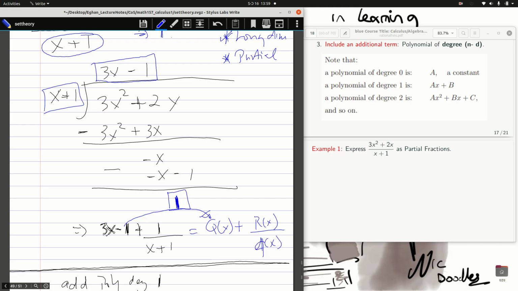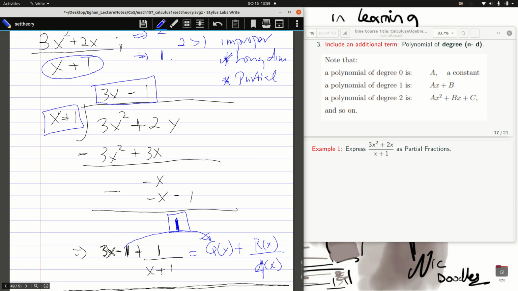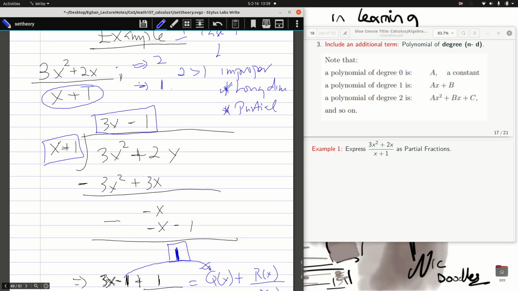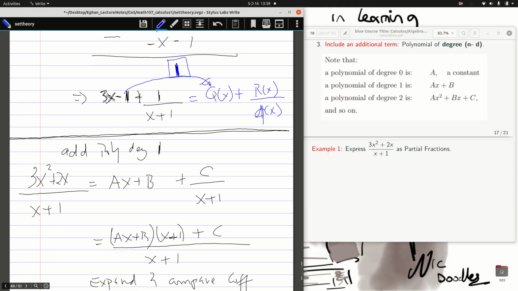So long division can help you in this case as simple, but the question says we should use a partial fraction form, and let's see if we're going to get the same answer. Okay, so case 2,